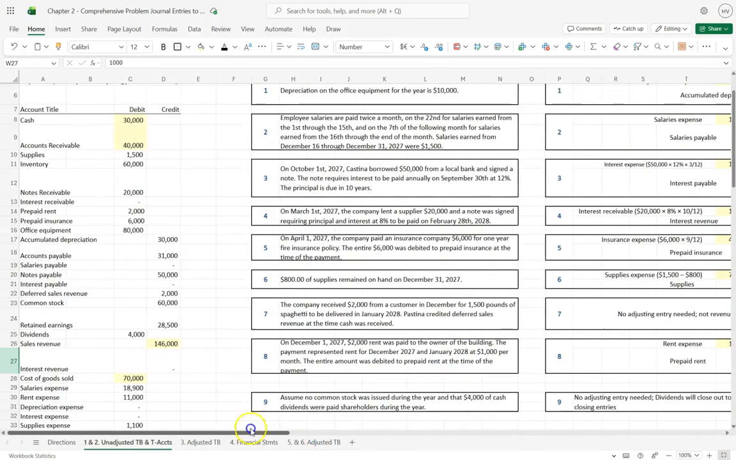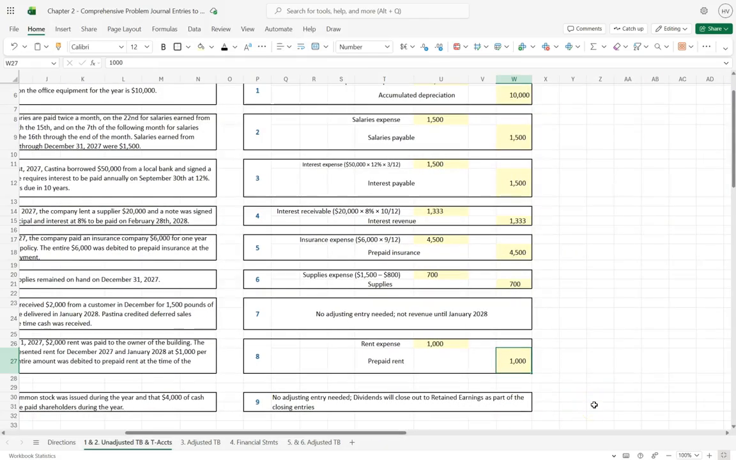Our final entry says, assume no common stock was issued during the year and that $4,000 of cash dividends were paid to shareholders during the year. Okay, so first of all, this is kind of telling us 2 different transactions or a lack of a transaction. Assume no common stock was issued during the year. Okay, so there's no entry for that. And the $4,000 of cash dividends that were paid to the shareholders,